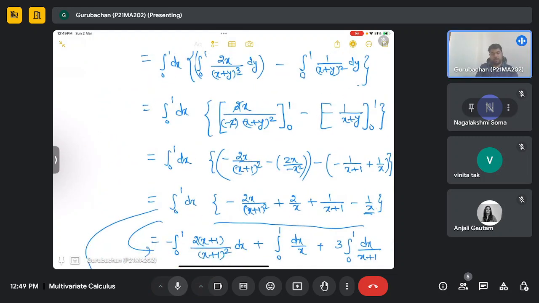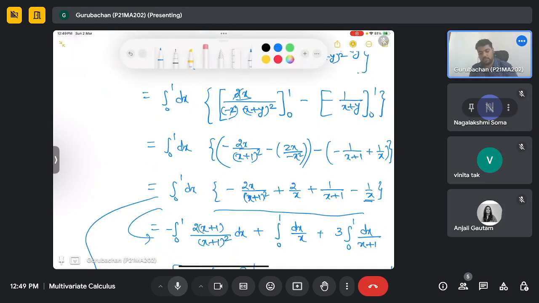So here we have made our errors. Here we have cancelled this 2 and still we are writing here 2. So I think we have to be more careful while doing this kind of integration,